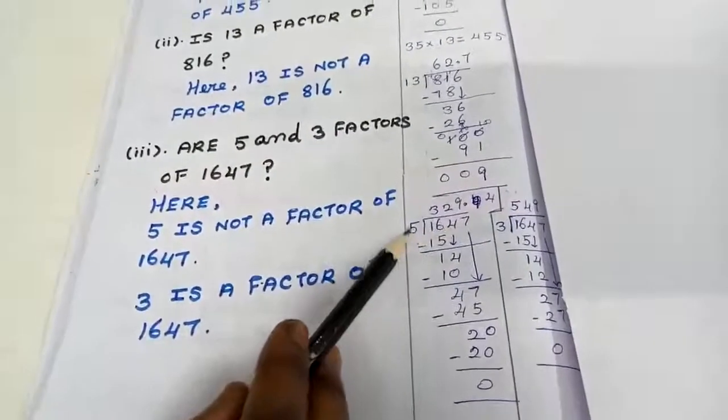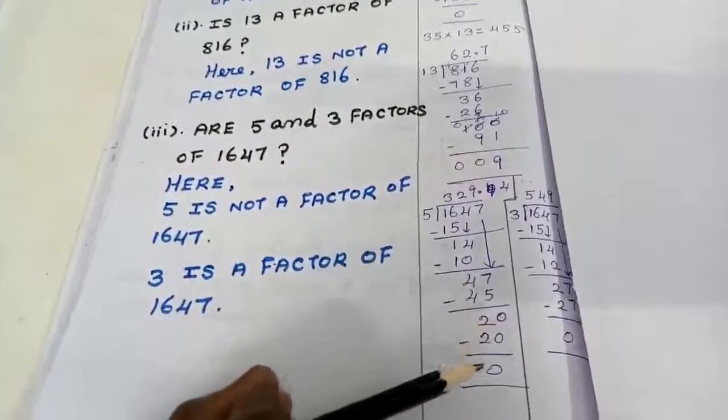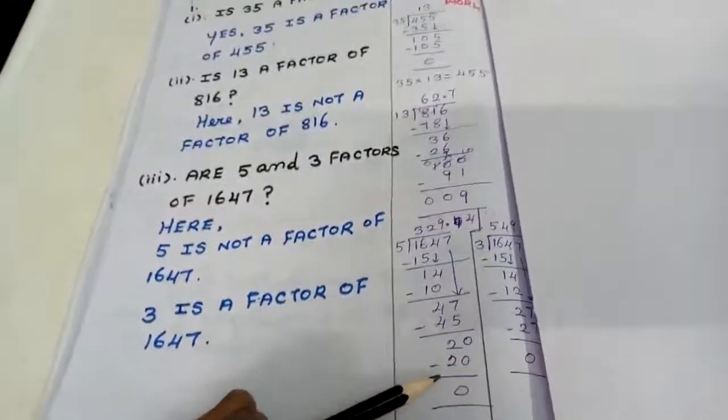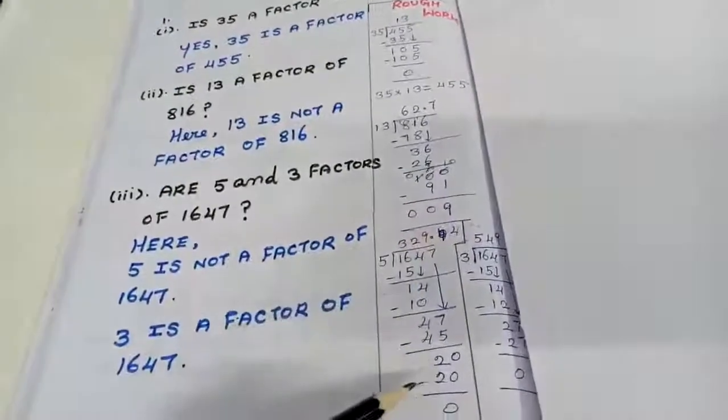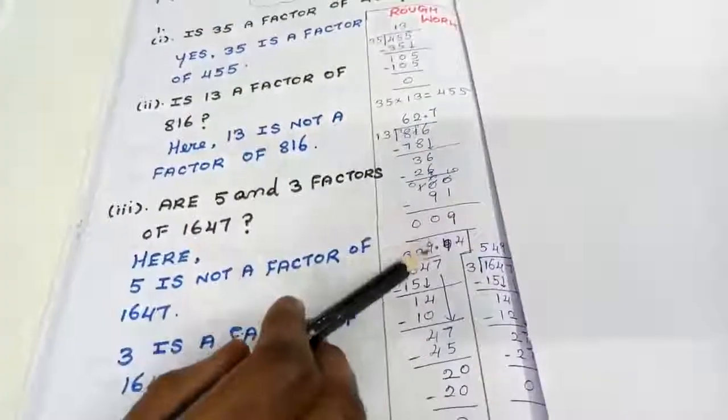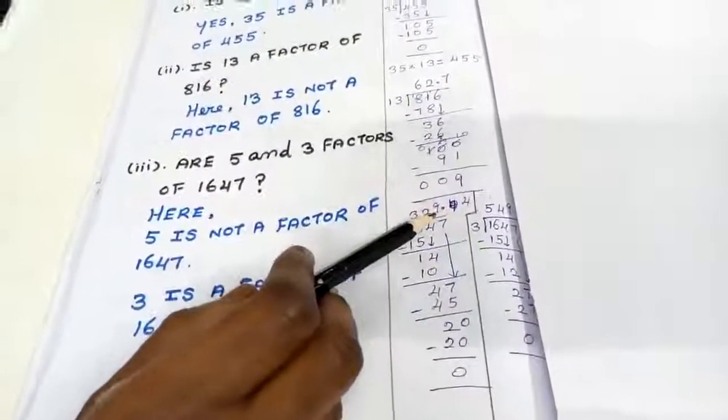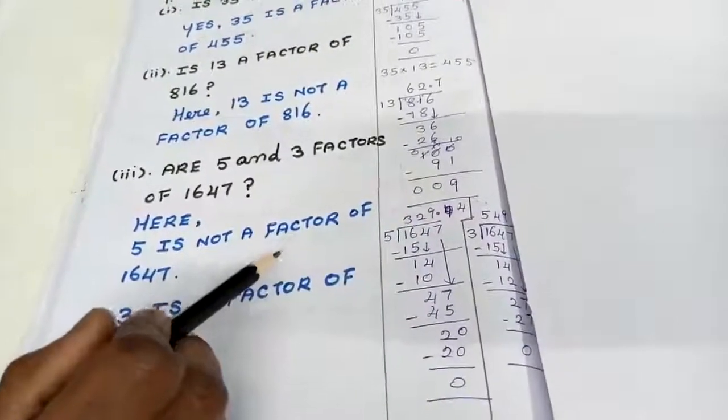While I am dividing by the 5 table, I am getting the remainder 0. When I put the decimal point, only after the decimal point am I getting the remainder 0, so that will not be accepted. After the decimal point will not be accepted in the case of a factor.